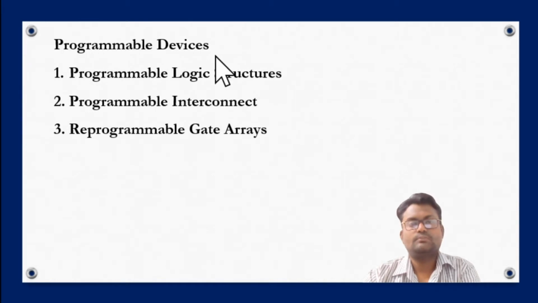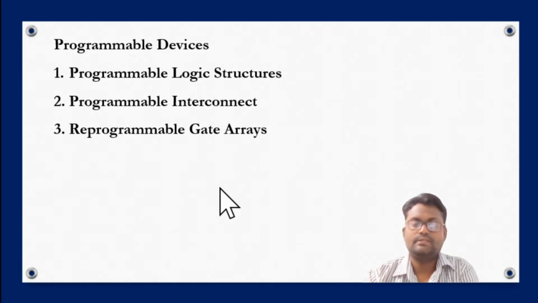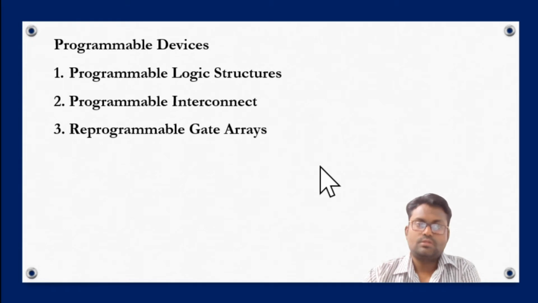First, what is the meaning of programmable devices? Any device that can be programmed in a certain way is known as a programmable device. All these programmable devices are very essential for the electronic industry, because the element can be used to store any memory. It can be used to store any data. In these structures, the first part, programmable logic structure, is already covered in our previous lecture. So first go through the previous lecture and study what is the meaning of programmable logic structure.